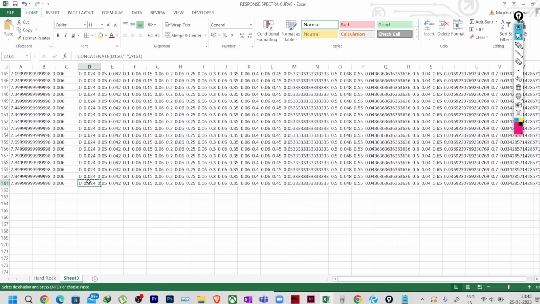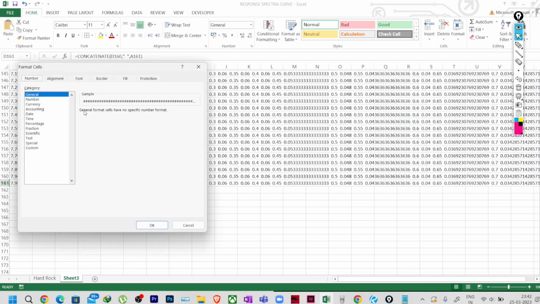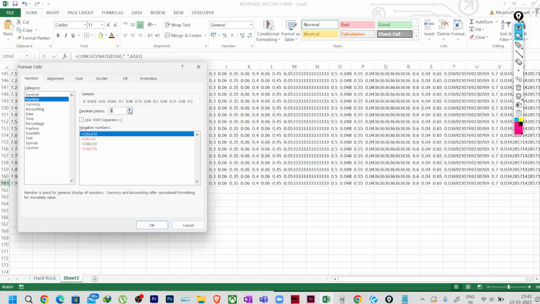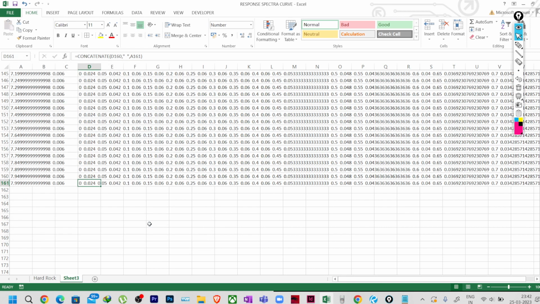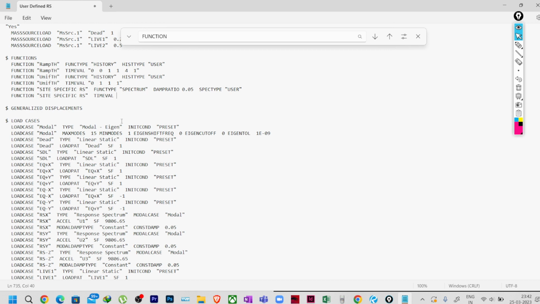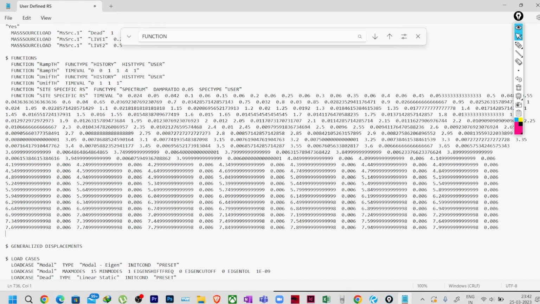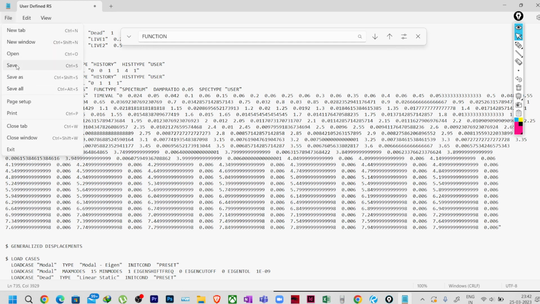Okay, I will take this format cell numbers. I will take up to 3 numbers only, and then I will copy this, Control C. I'll go to text, I'll give double inverted comma, Control V, and I'll close it here with double inverted comma. Okay, I'll save this,